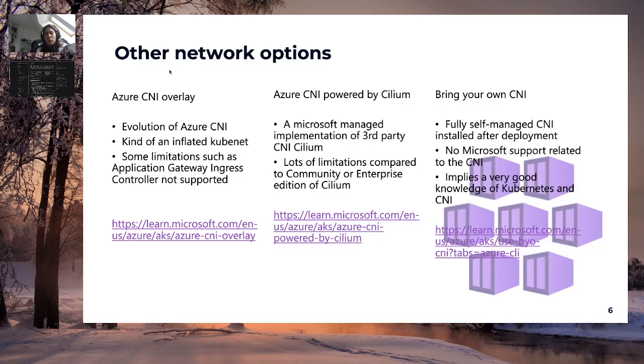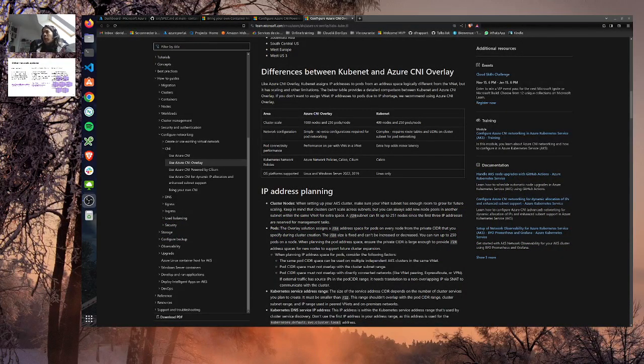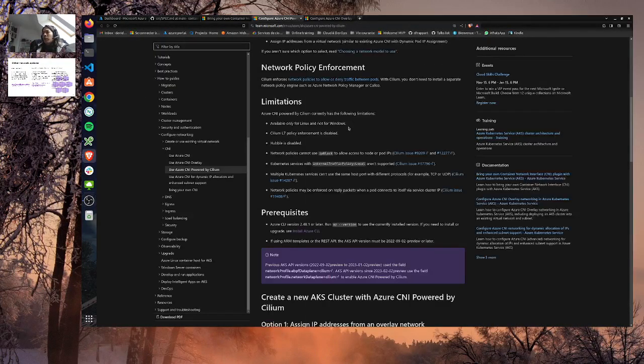But suffice to say that we bring to the table some of Cilium's capabilities, not all, in this way, and we are still managed in terms of network by Azure, which is kind of ideal because we don't necessarily want to manage an IP range. So Azure CNI powered by Cilium is over there, and you can see here the listed limitations. We'll go back to that later.